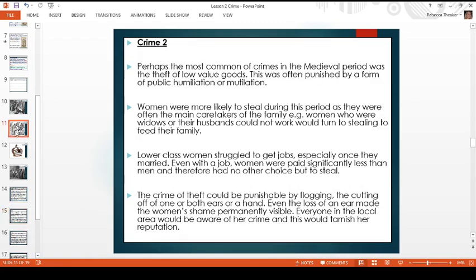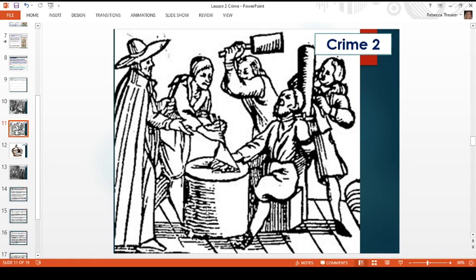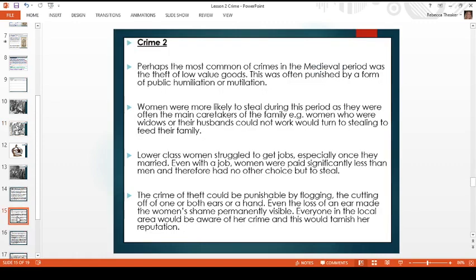Number 2, let's have a look back. Okay, here we've got someone tied up on this chair, arms out. Let's see. Crime 2. Perhaps the most common of crimes in the medieval period was theft of low-value goods, so things like